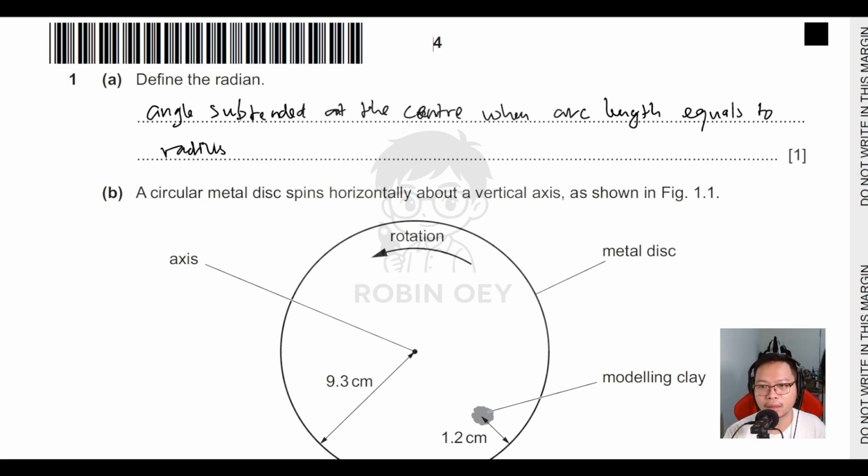So to give you some visualization, okay, we have an angle. Yeah, this is 1 radian. So let's say the radius is r, then the arc length here should be r. Then this is 1 radian. So it is always the angle, the degree is always 1 radian when the arc length equals to the radius.